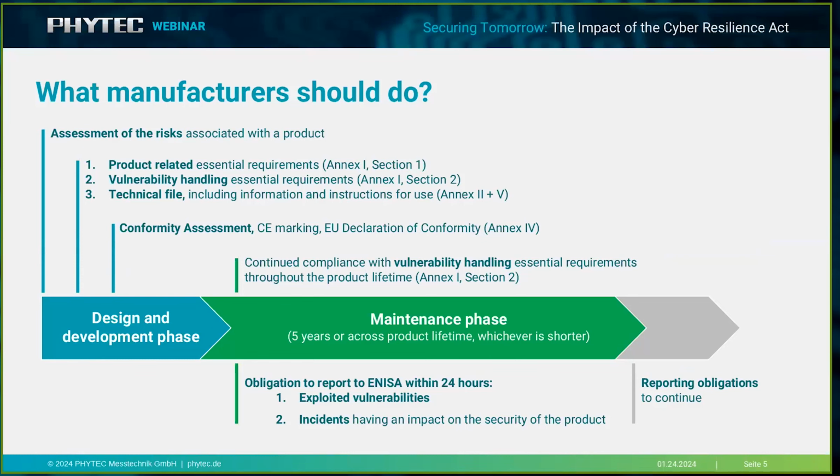The following step is to make a conformity assessment, which is combined with the CE marking, and you must do it only one time. You must implement a maintenance system to check for vulnerabilities in your product and to make updates for your products. And you must report vulnerabilities to ENISA within 24 hours. Very important is also the end of the lifetime of your product. You must say what happens then. The product must clear, for example, all data, or you have an additional maintenance phase for this.